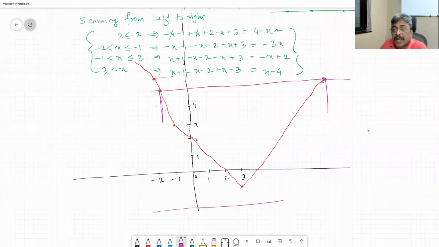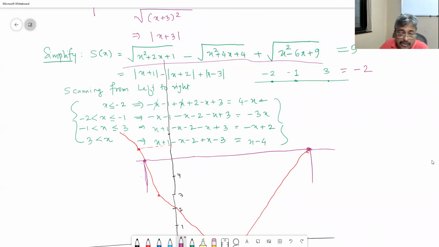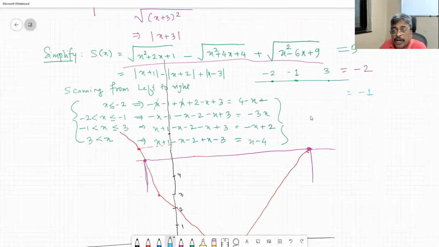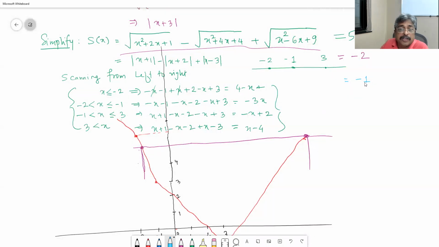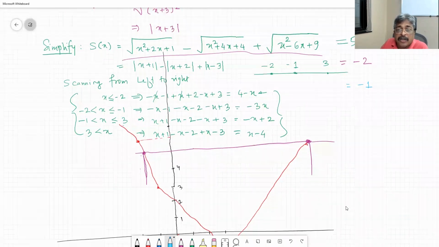If you are asked to find the solution set for is equal to minus 1, then there is a unique point which will give you minus 1. X is equal to 3 will give you minus 1. This is the only point. Otherwise this example seems to be very difficult, and especially when it is minus 1, x is equal to 3 will give you minus 1.